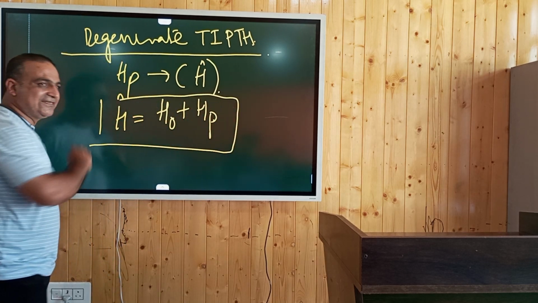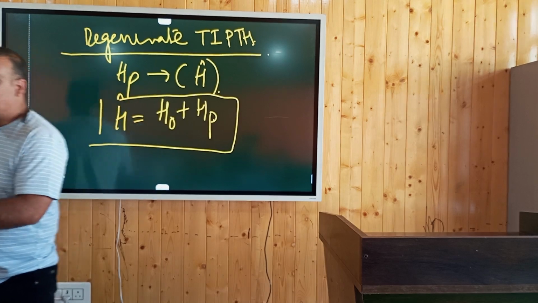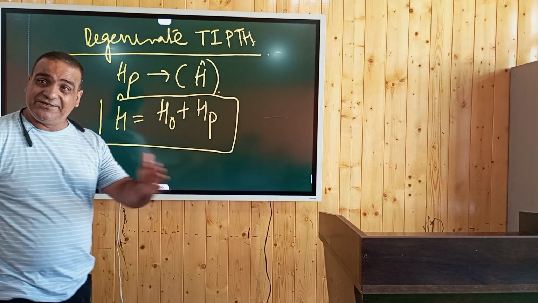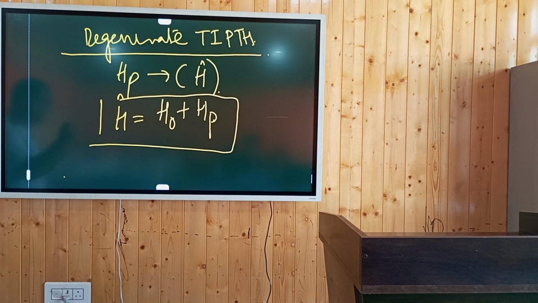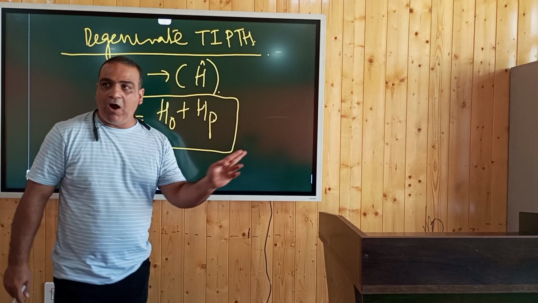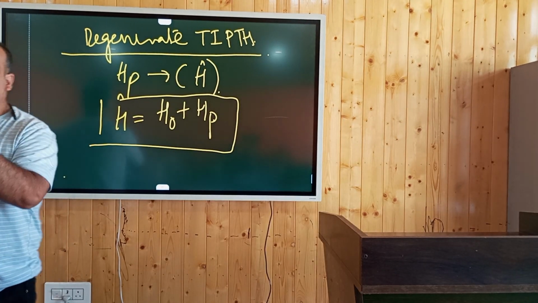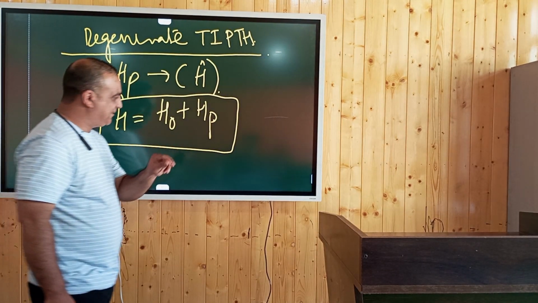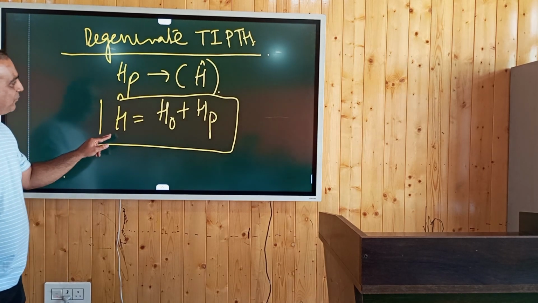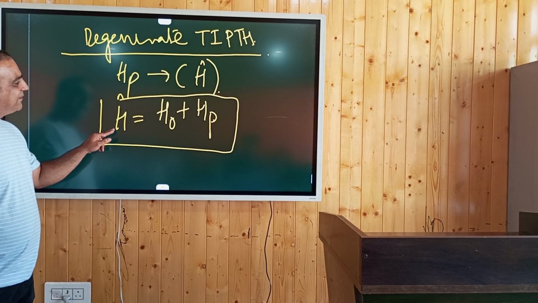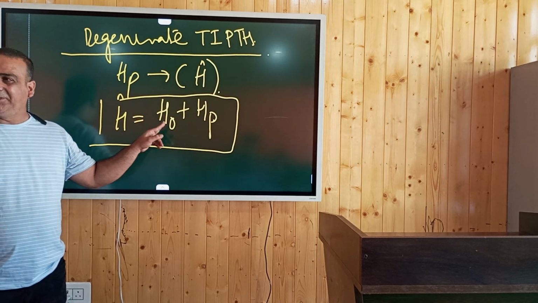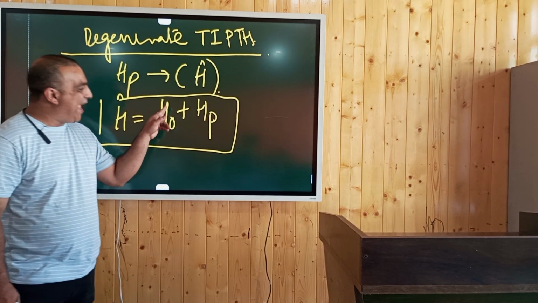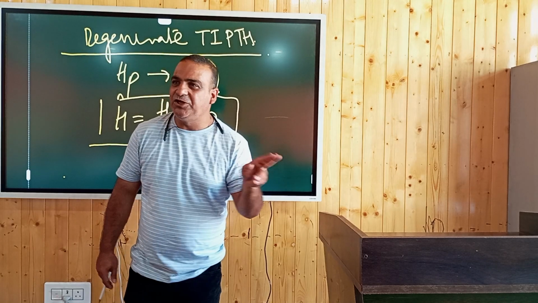Now H naught is completely known to us, from energy eigenvalues to energy eigenvectors. We know everything about H naught exactly. And we are incorporating a small perturbation into our system. So H here is the summation of the Hamiltonian of the unperturbed system, and you add the small perturbation to this